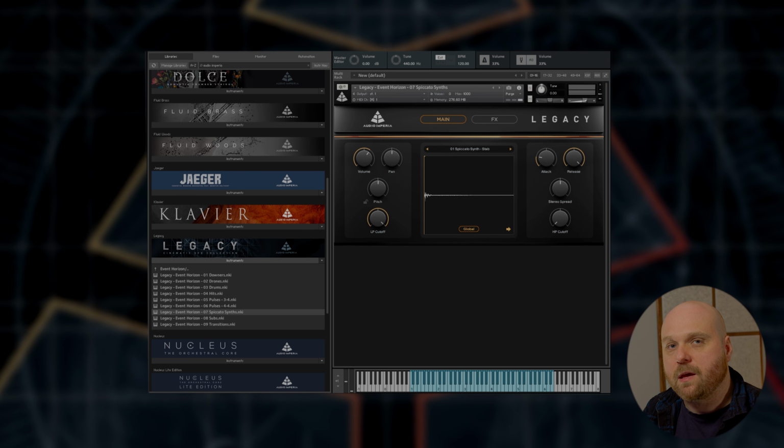Now, these are mapped across the keyboards, so they're playable, and they're just really great modern synth sounds that can layer up with strings or provide their own sort of sound and help reinforce ostinatos or arpeggios or provide sort of tonal impacts, downbeats and things like that. These would just be great for layering, and I'm just going to play some of these and give you an idea of what they're all about.